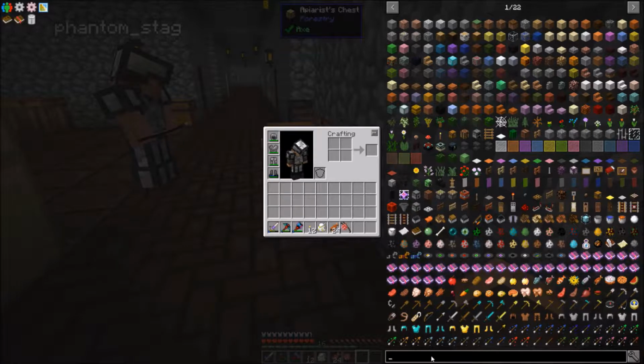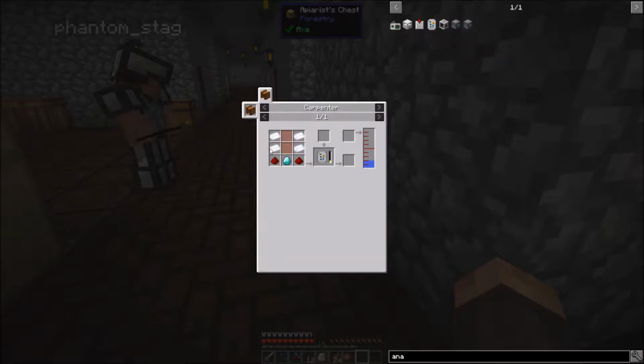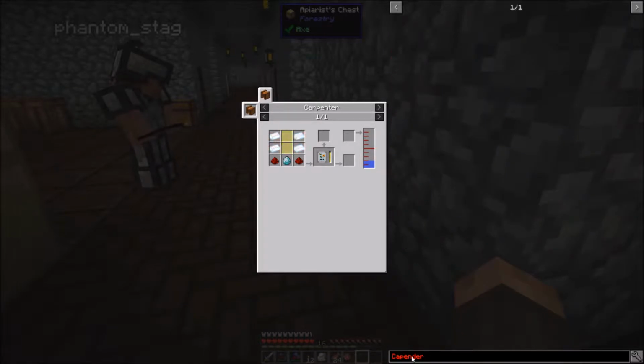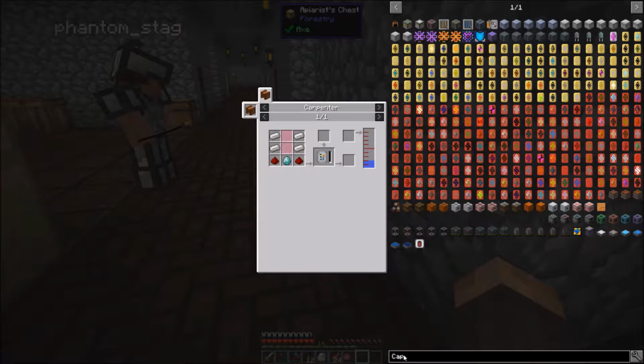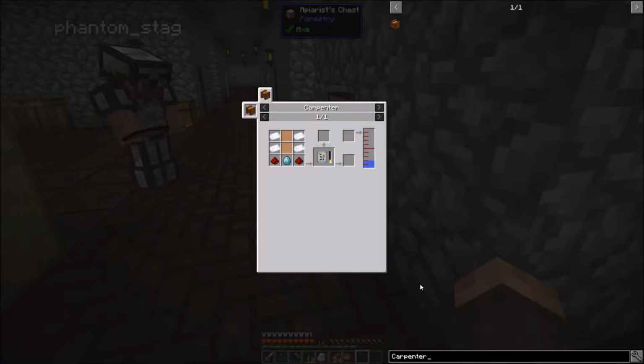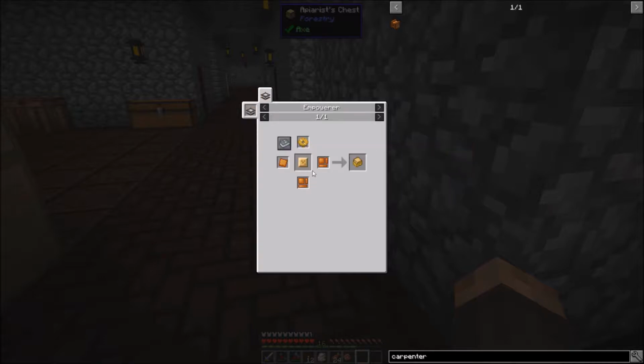Scanner? No. Analyzer. So we can get the portable analyzer, which requires a carpenter, which, if you look at the carpenter, wow, missed a letter. If you look at the carpenter, it requires a sturdy casing. Well, the sturdy casing has to be used in the empower. So